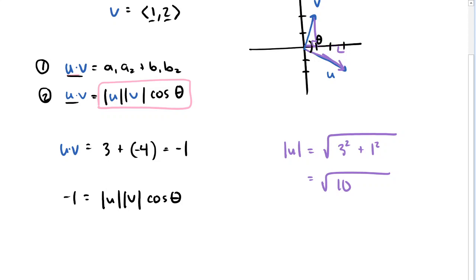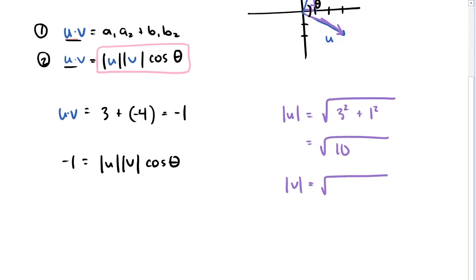Now what about for v? What's the length of v? Well, here we could do the same thing, but with the side lengths 1 and 2, right? This is 1 squared plus 2 squared. That's 5. So the magnitude of v is the square root of 5. So this negative 1 is equal to the square root of 5 times the square root of 10, which is equal to,